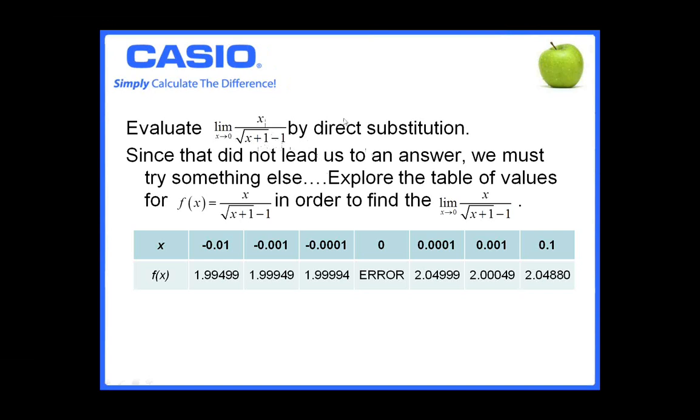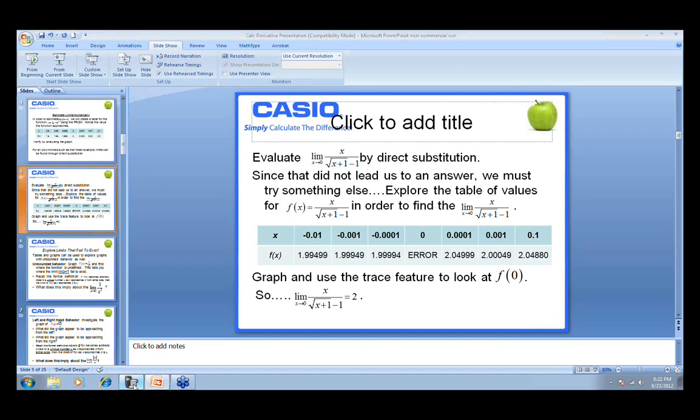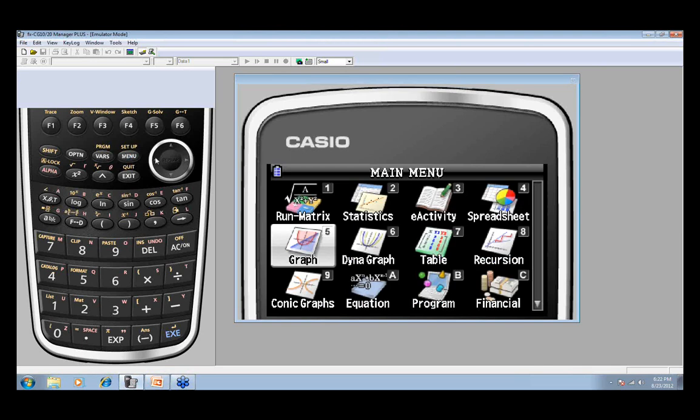And when you have a problem in the form 0 over 0, your graph has got a point where it's not continuous. It's got a point of discontinuity, and you can see that if you use your table feature, you're going to get error at 0. Now this is the table, and these are the values that you'll get, but I want us to investigate how to input this in the table mode.